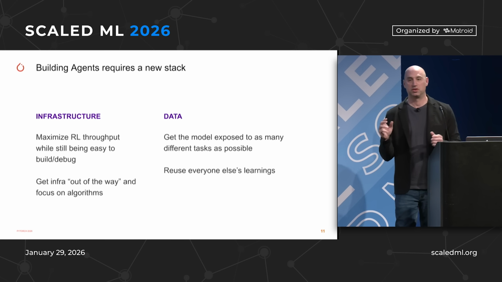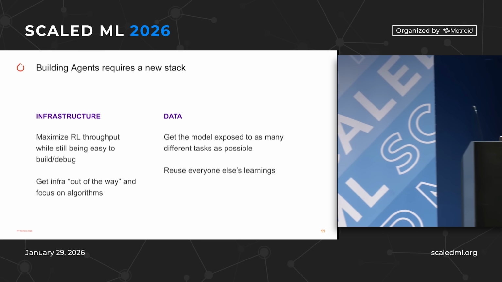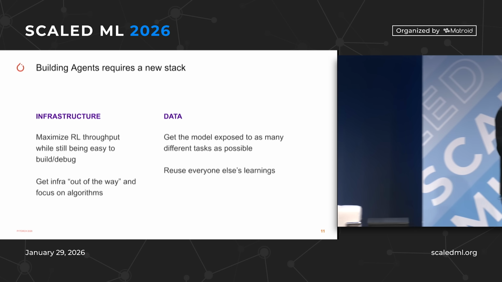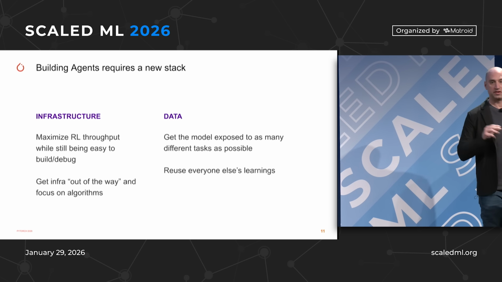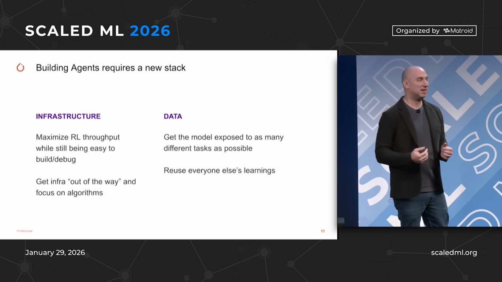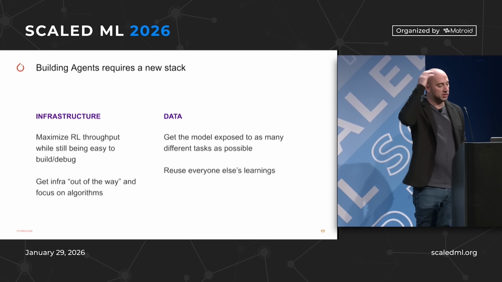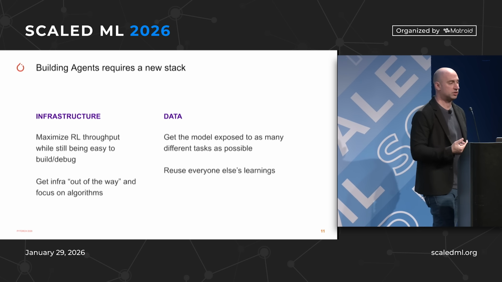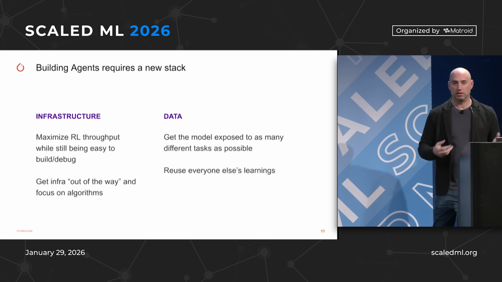It's not like you throw a bunch of supervised data that's annotated at your model and it largely does its thing, and your model is going to get better at seeing or learning based on those annotations. RL can be, when you're out of distribution, for example, out of production distribution, your model can actually not do well. It can train well, but then actually deploy pretty poorly. And so we thought about how do we maximize the throughput while still being able to build and debug and get out of the way and let you